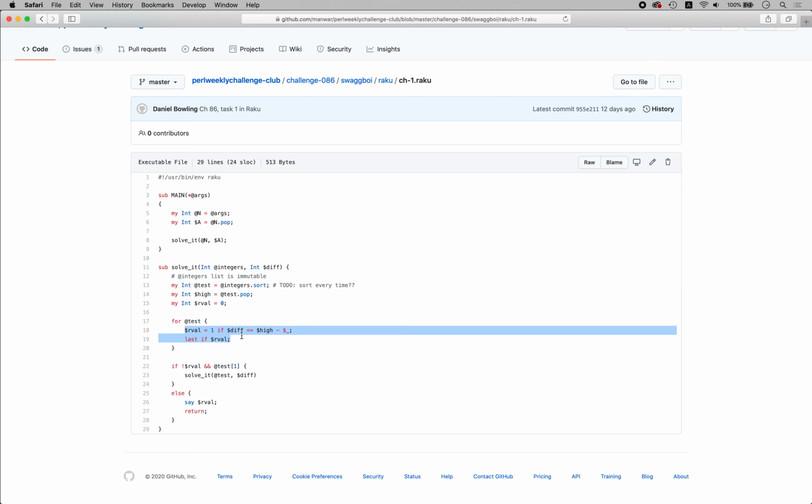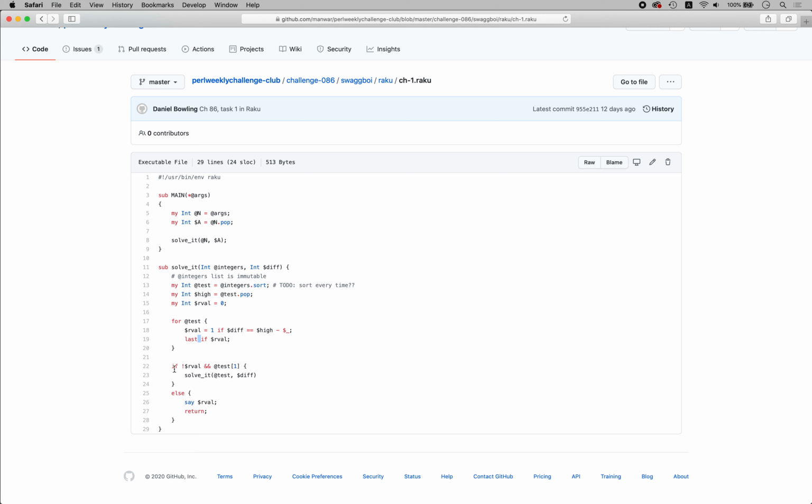the R value is 1 if the difference is, okay. And this is why this comment is here, because we are solving this task recursively. So we take the first number and we try to find all other numbers, because this high is basically the test number, the main number against which we test the difference. We remove it from the array, so we scan all the others, and if we found something which gives this difference, we